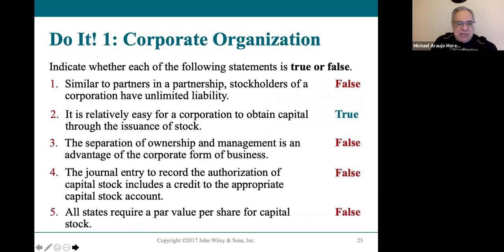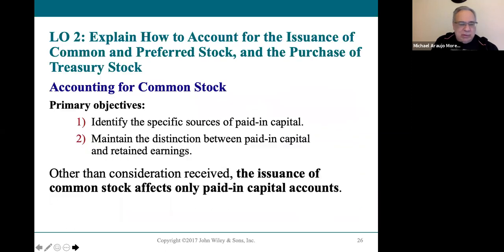The Do It exercise for number one is just true/false statements on the features of a corporation. Pretty straightforward. Let me introduce a little bit more detail on the accounting for common stock. I won't do so much on preferred, but I will show you how treasury stock works. That's also very important. I mentioned earlier, accounting for common stock requires them to look at the par value of the common stock